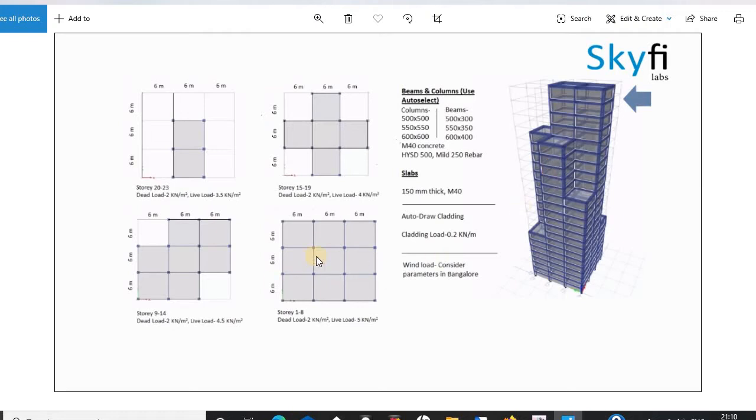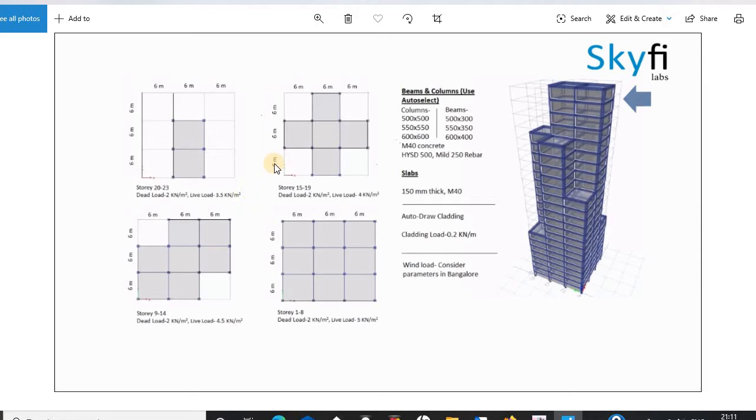There are four sets of similar stories: from 1 to 8 story, from 9 to 14, 15 to 19, and 20 to 23, each having the same dead load but different live loads. The live loads given are 5 kN per meter square, 4.5, 4 and 3.5 kN per meter square.